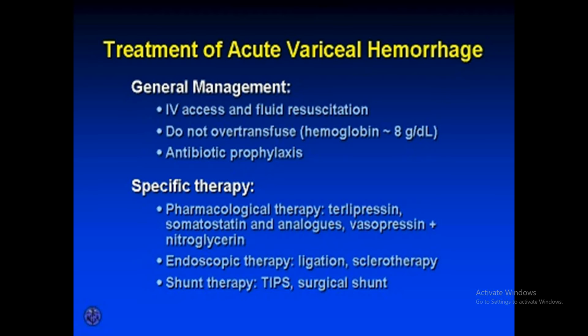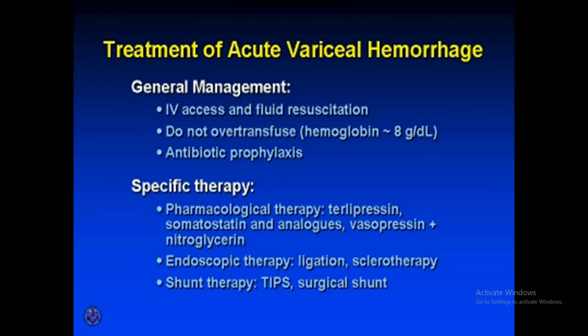It's a difficult one. If it fails, then the endoscopy will be done by the endoscopist and it will go for the ligation, or it will go for the cauterization, or it will cause the removal, whatever procedure he wants to do. If it also fails or the rebleeding occurs, then go for the transjugular intrahepatic portal systemic shunt, that is called TIPS.